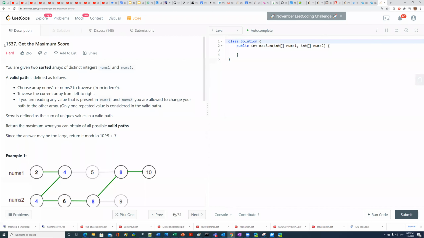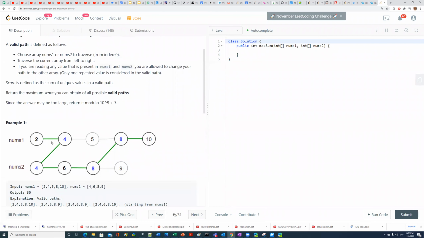Today I want to talk about this issue. This issue is get the maximum score, and the basic description is it has two increasing arrays, and in this array you can traverse the elements from left to right, and when you